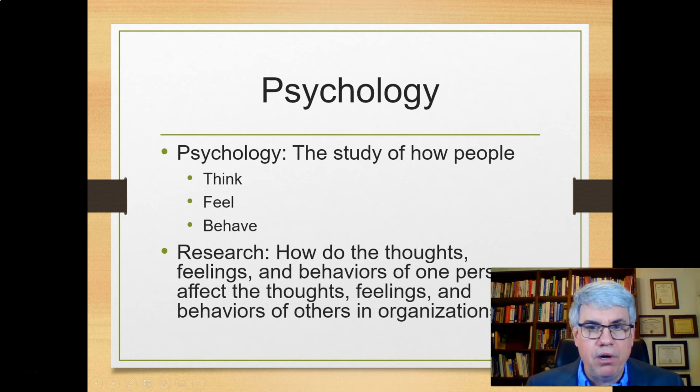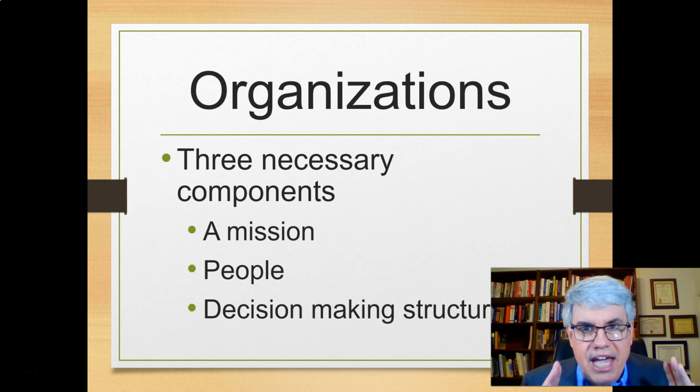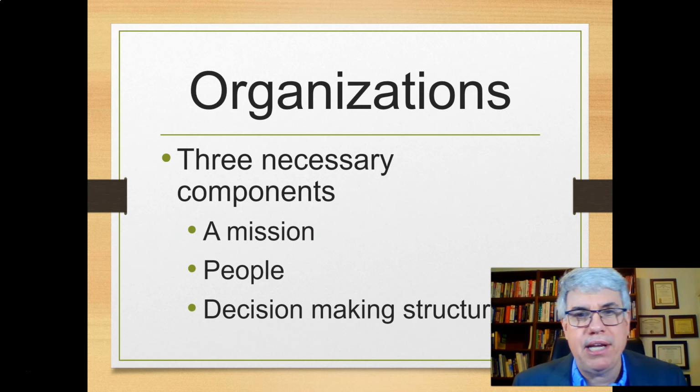And then the final word we're going to concentrate on is organizations. You should have a good idea of what an organization is. There are 3 necessary components to an organization. First of all, there has to be a mission. There has to be something that the organization is trying to do. Maybe the organization is trying to make money, or maybe they are going to say it more specifically, that they're trying to make the best hamburgers in the world, or they're trying to feed a hungry nation, if you want to get a little poetic about it.